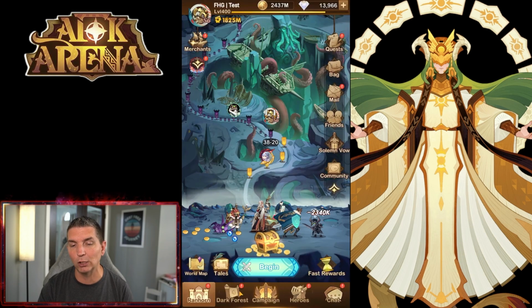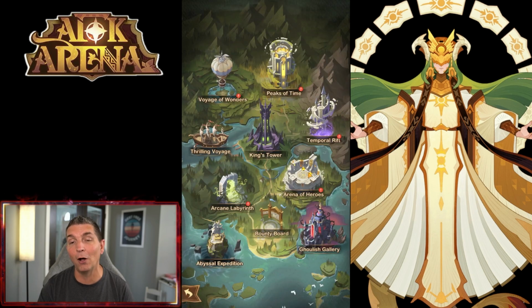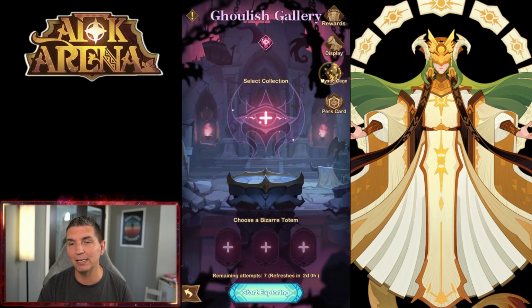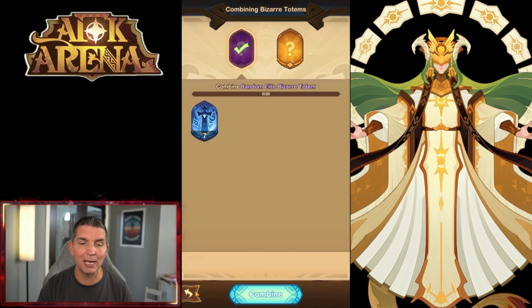Now, of course, looking at the Ghoulish Gallery itself, on this account we really haven't used it at all. The arcane staffs that we have in here are just the free ones, so we have 181. But of course, looking at the combination now, since we have really changed the way that the Stargazer is giving us these totems, since we have changed how we are actually getting these totems out of the Temple